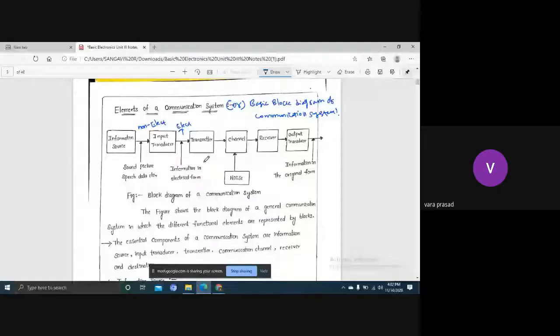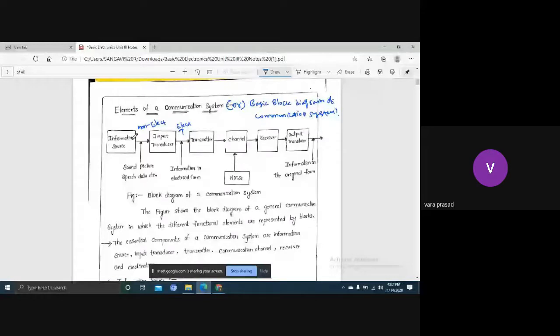But we need the message signal. So the receiver has to do the reverse of the process done in the transmitter. Demodulation means I need the message signal only, I don't want the carrier signal. Carrier signal and message are both superimposed, and from that I need to take out the message signal separately. That process we call demodulation.